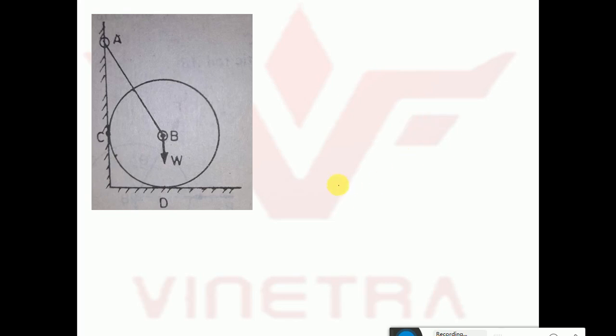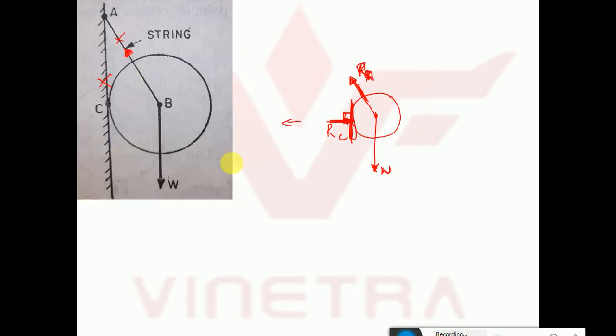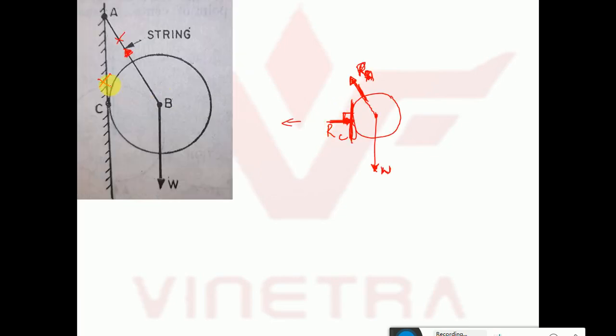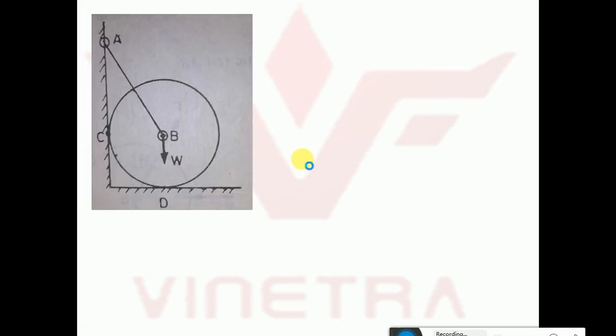So see here, in the same problem, one more support is given. How to show the support, or how to draw the free body diagram? In this, one vertically downward acting force is the self weight. So one support reaction, another support reaction developed like this. So see here how to draw the free body diagram of this given